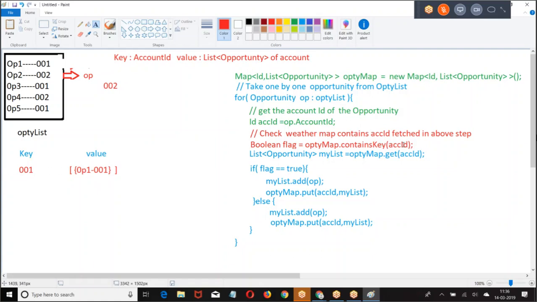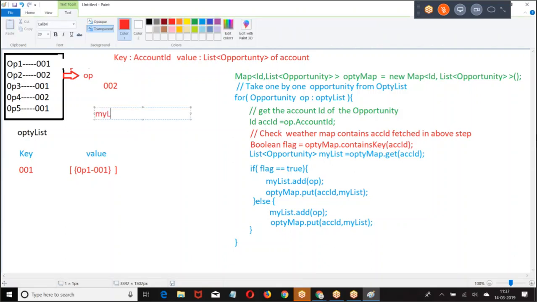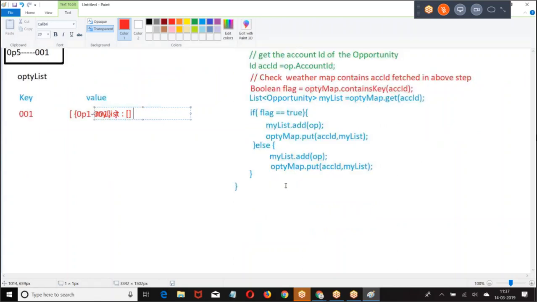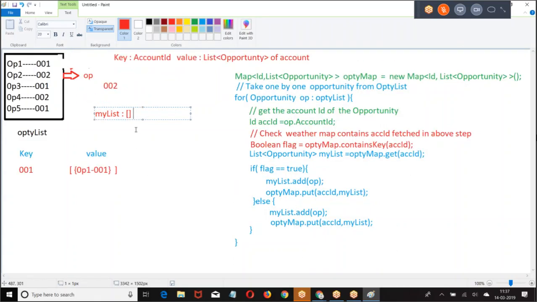Then optiMap, this is the map. Does the map contain the key called 002? No, the map does not contain it. Flag equal to false. Then my list. Again, my list is empty. Then flag equal to true? No, false. Again we go back to my list dot add. In my list we added opti2.